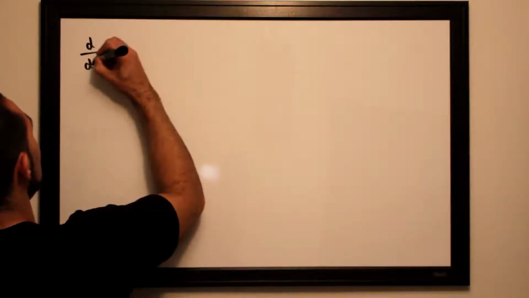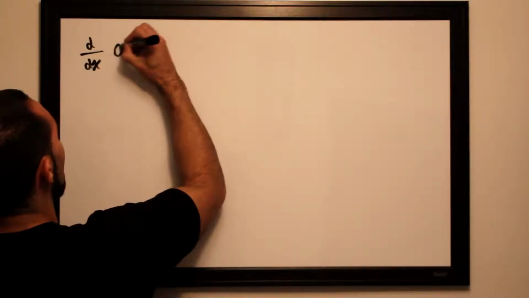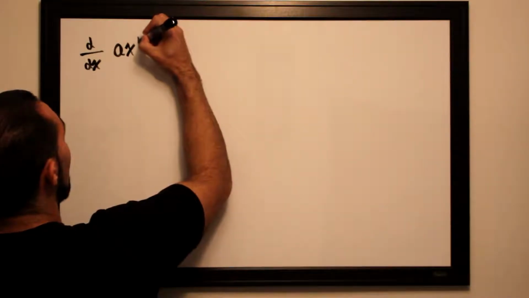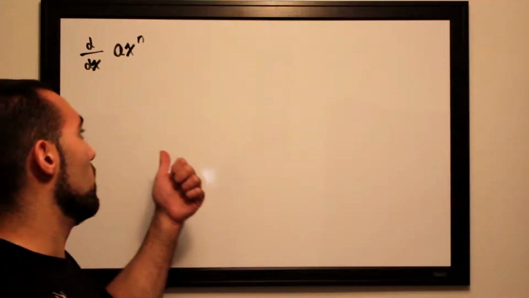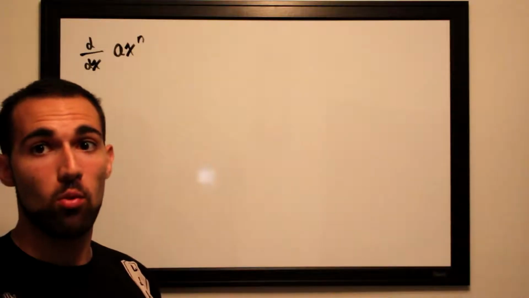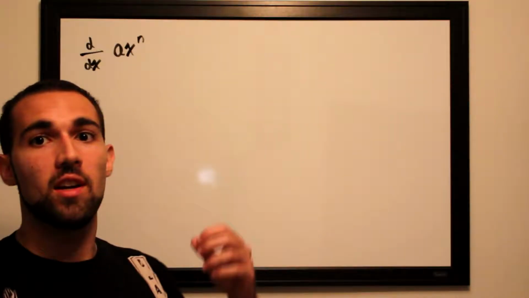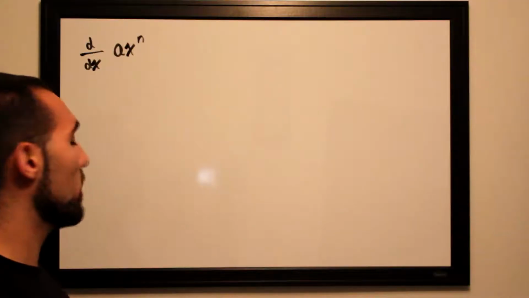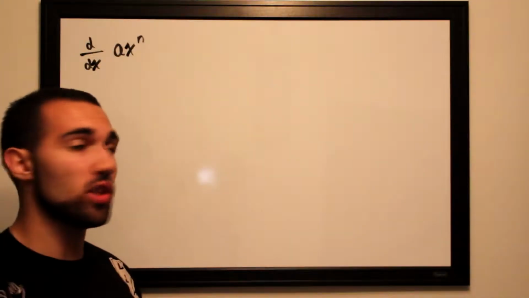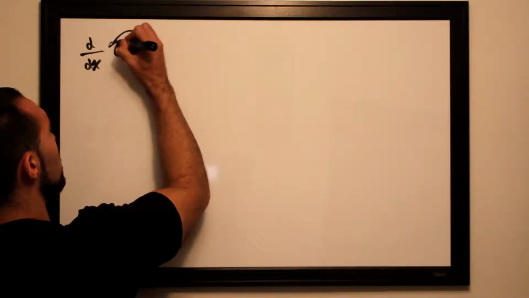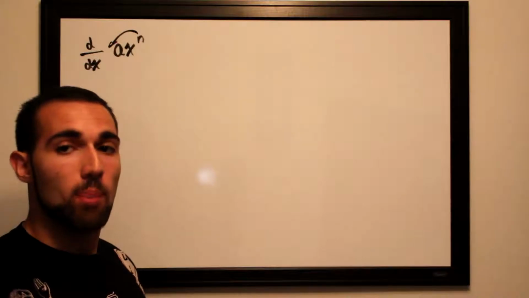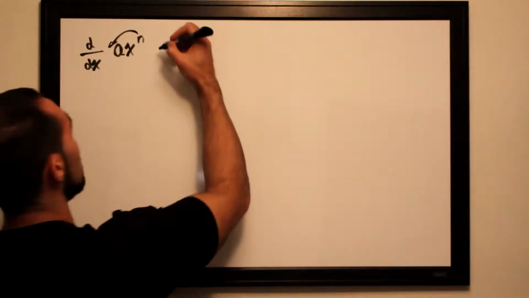So if we wanted to take the derivative of a function of the form d by dx of a times x to the n, where a could be any kind of constant, say a function such as 4x squared, our a would be 4, x would be x, and 2 would be n. So if we wanted to take the derivative of any power function, essentially what we would be doing is we would drag the power down